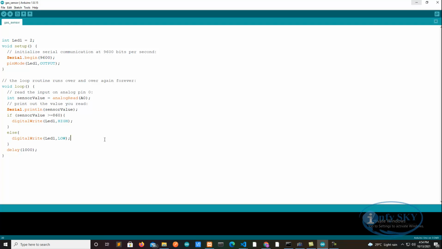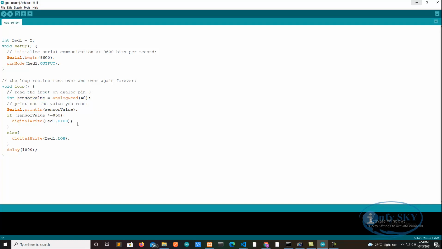So same here, this is an analog sensor, so what we need to write here is analogRead. Okay, so it will read the values of this A0. You can use any pin, A0, A1, A2, A3 up to A6, you can use any pin. So we need to read the values, and we are storing that value in sensorValue. Okay, it will store.